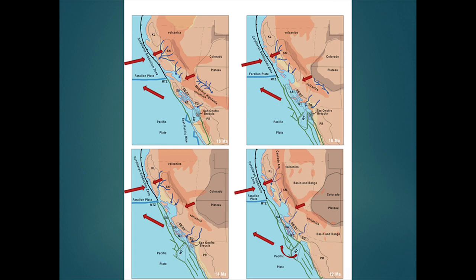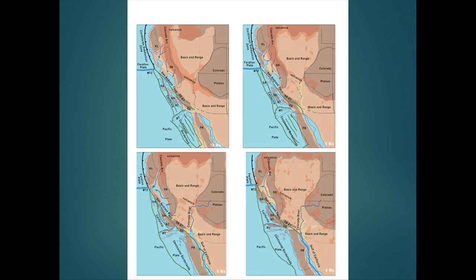Literally. I mean, there's no doubt about that. This is very, very well known. So as this plate starts to pull apart, this Western Transverse Range starts to rotate, the crust behind it